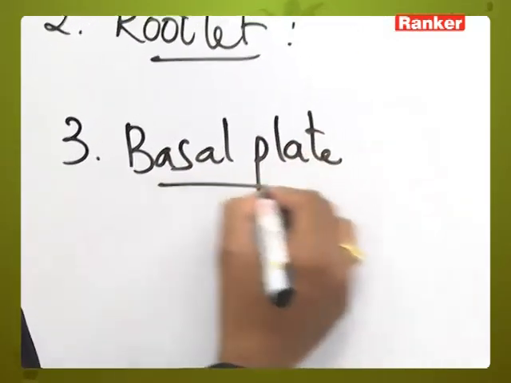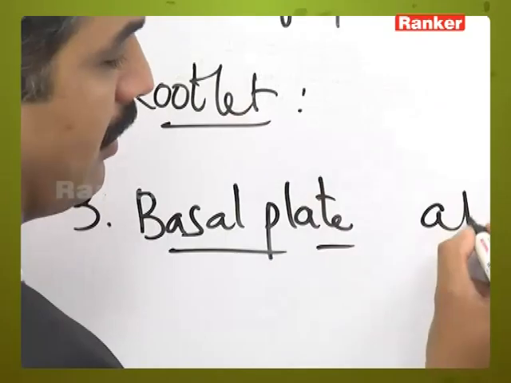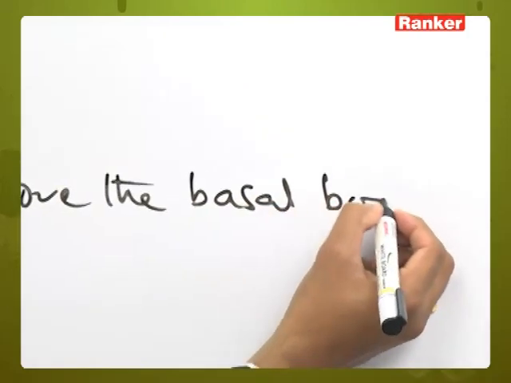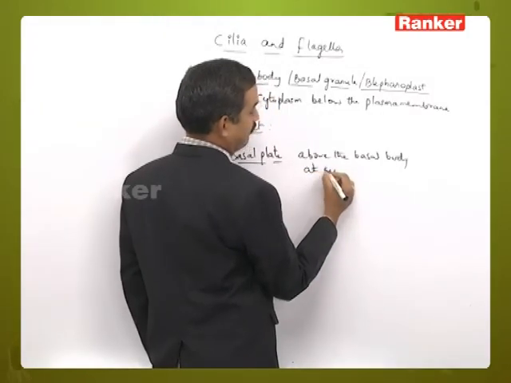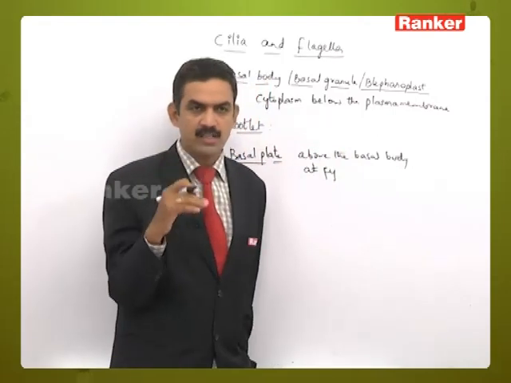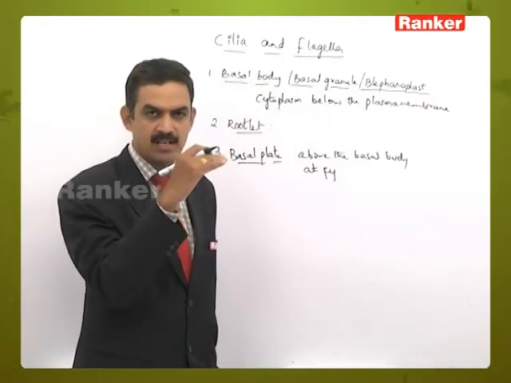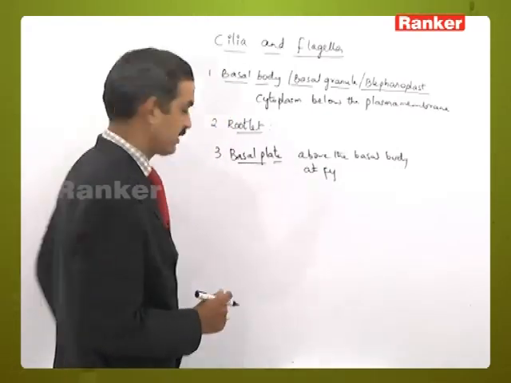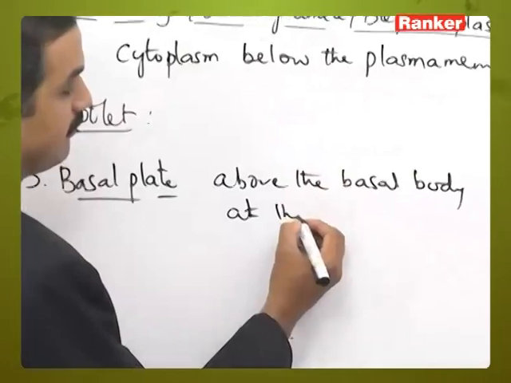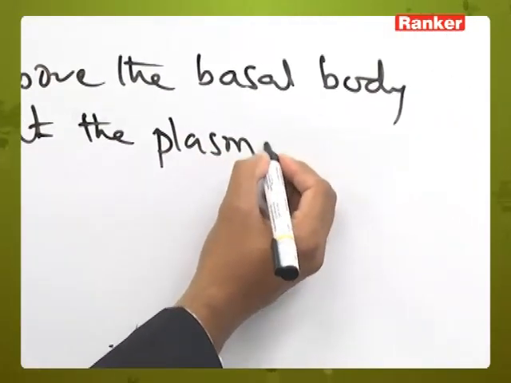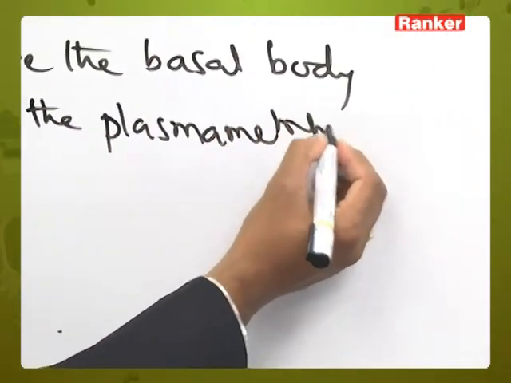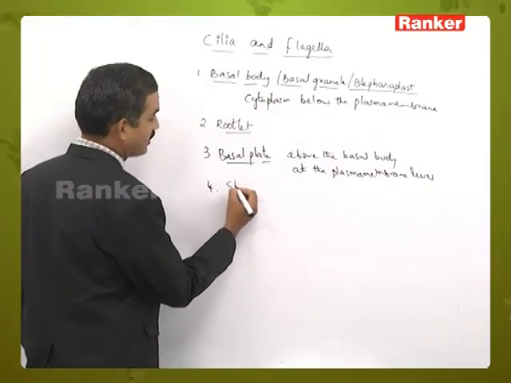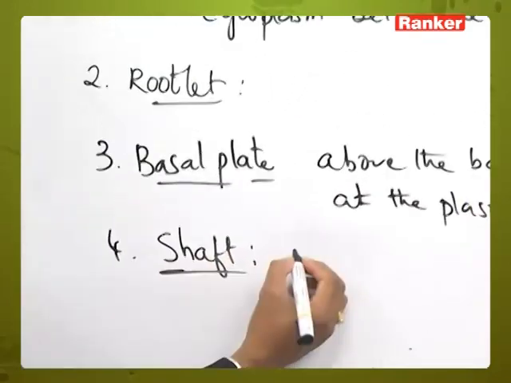Basal plate is present above the basal body, at the plasma membrane, at the cytoplasmic level, where the cytoplasmic content ends and the plasma membrane is starting. At that level the basal plate is present, so above the basal body at the plasma membrane level. Then the fourth one is called a shaft, which is the part protruding outside,